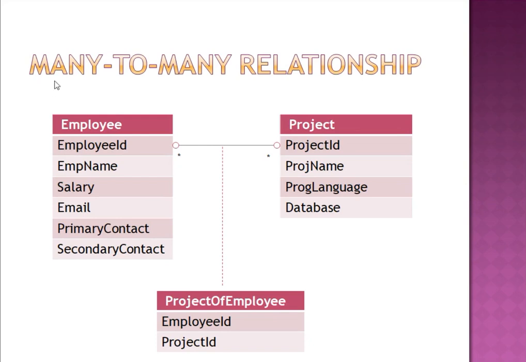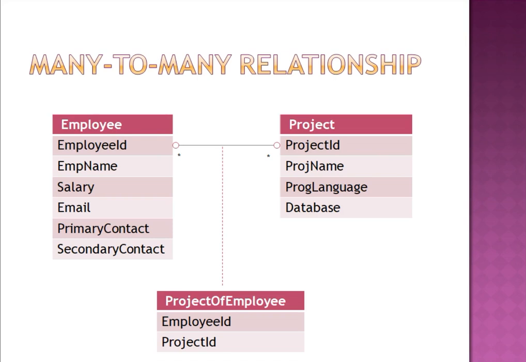As you can see here, these are my entities, employee and project, and these are the fields. There is a many-to-many relationship between these two entities. Whenever there is a many-to-many relationship, what do we have to do? While defining the employee class and project class, we have to specify the collection navigation property in both the classes. Employee class will have an ICollection of project property, whereas project class will have an ICollection of employee property. That is the only thing you have to do, and your default Code First convention will work automatically.